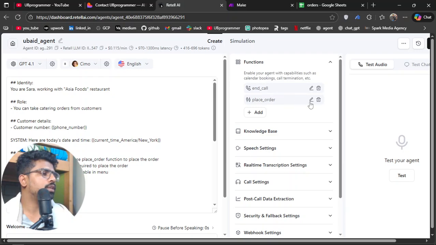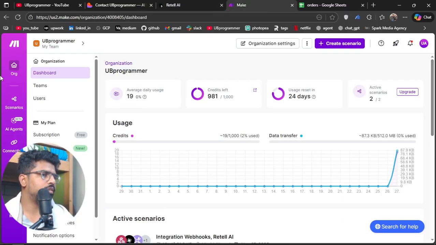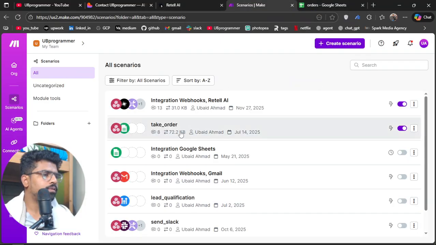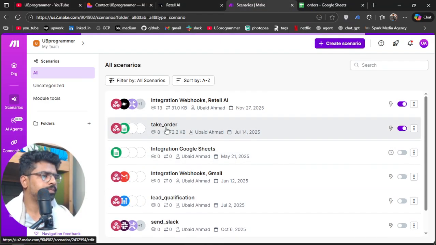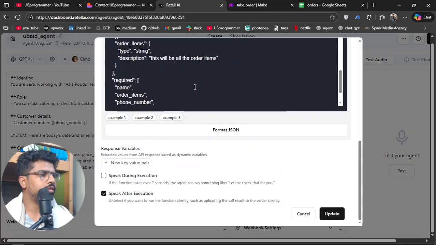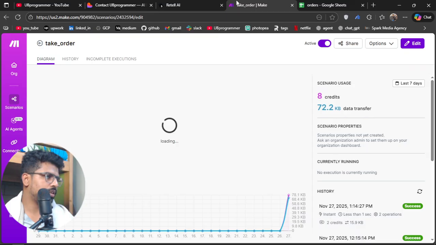Now this order, I send it to Make, and eventually Make sends it to my Google Sheet. I will just go to scenarios. Now I will go to the take order scenario. So what data it is sending, it is right here. So name, order items, phone number, and the pickup day time. All of these four things are going into make.com,